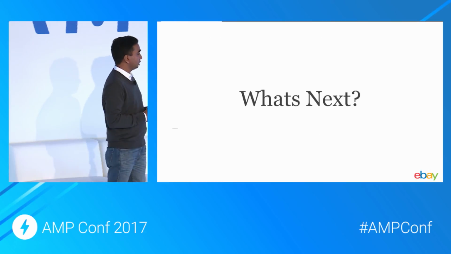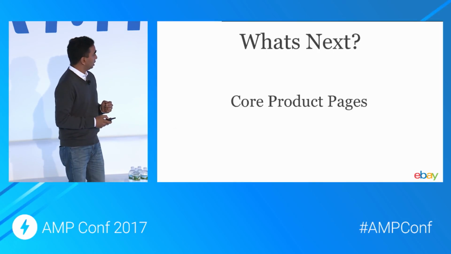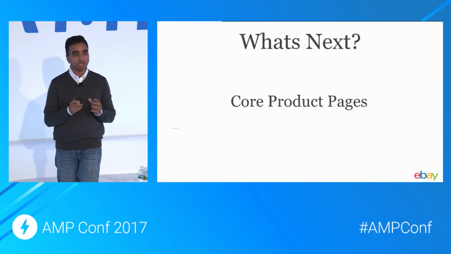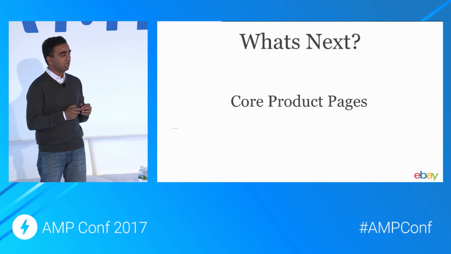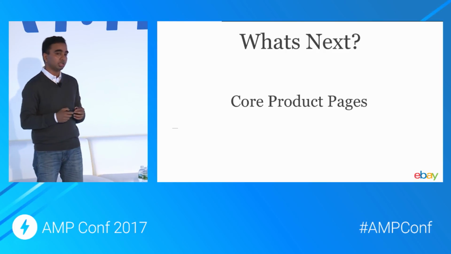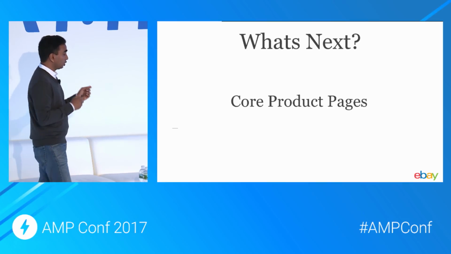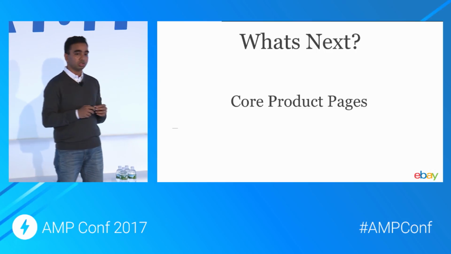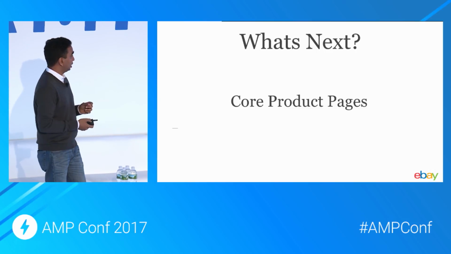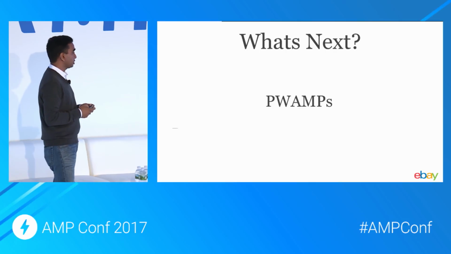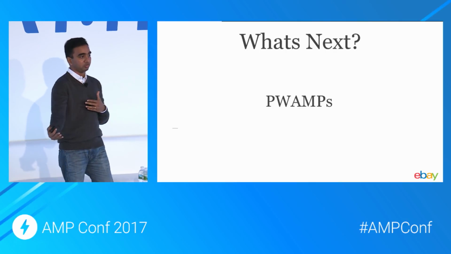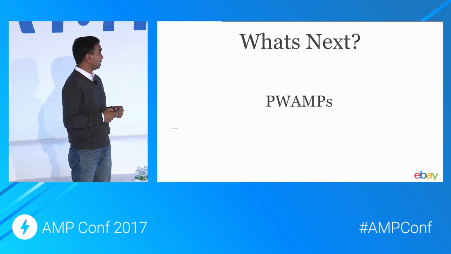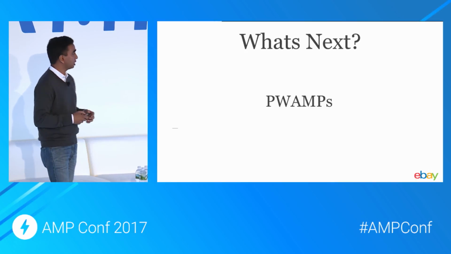Coming to the last part, what's next? We are also planning to build an AMP version for our core product pages. Currently AMP is only for a subset of our product pages. There is a huge other list of product pages where the look and feel is quite different. They are more narrow queries, when you drill down the queries, and those are the pages that we are looking to build. We are also looking into progressive web apps. It looks like a natural extension for us. Since we already have AMP, a progressive web app looks natural. This is something that we are also looking to build sometime this year.